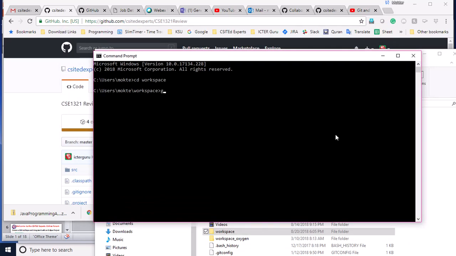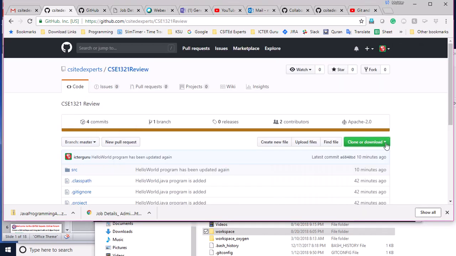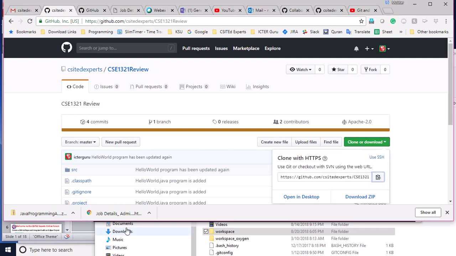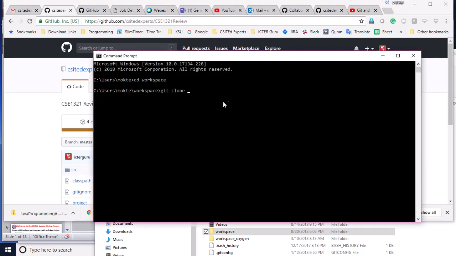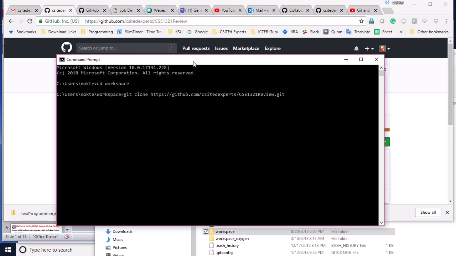Then I will put the git clone operation. It is easy. Git clone operation is git space clone, then space shift insert. Sorry, I don't have this, so I need to copy this again. Okay, git clone, then shift insert. Once I give shift insert, I will get the git URL. You see that this URL is the same as the project URL, except that it has .git at the end. Now if I press enter,